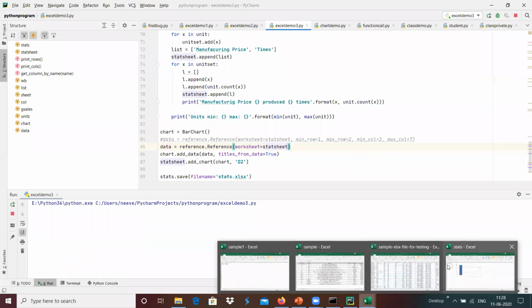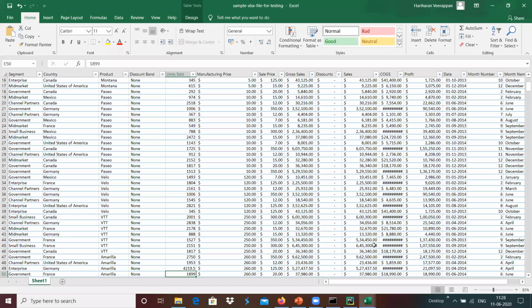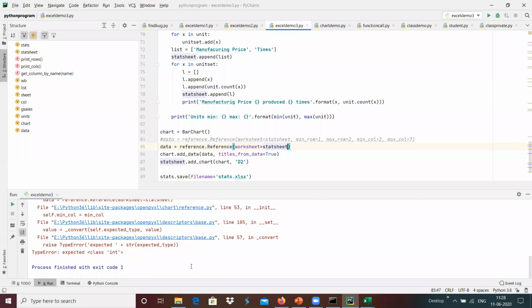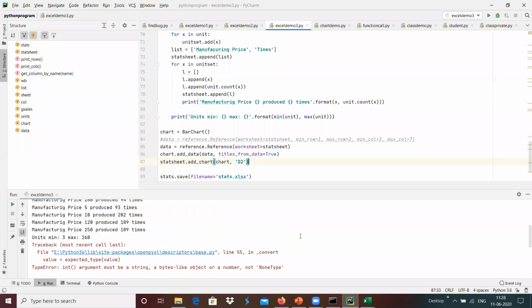I have to close this. Okay, this cannot be converted, and maybe I need to do something.